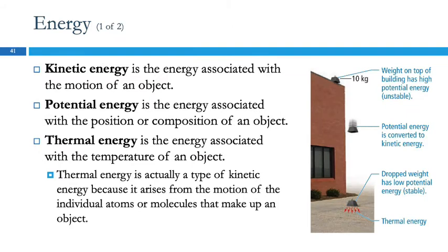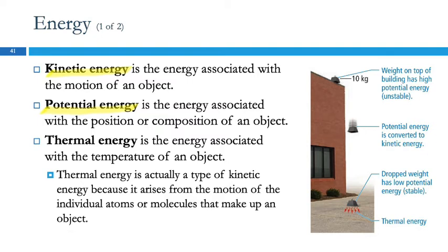There are different types of energy. There's lots and lots of types of energy. The two main categories we are interested in are kinetic energy and potential energy. So kinetic has to do with motion. Kinesiology is the study of the human body and how it moves, right? Kinetic energy is the energy associated with motion. So any object in motion has kinetic energy. Then we have potential energy, and that's associated with its position, or it can also be associated with the composition